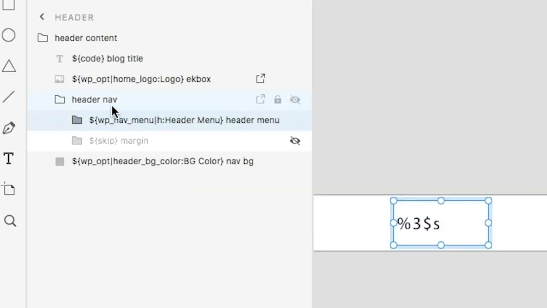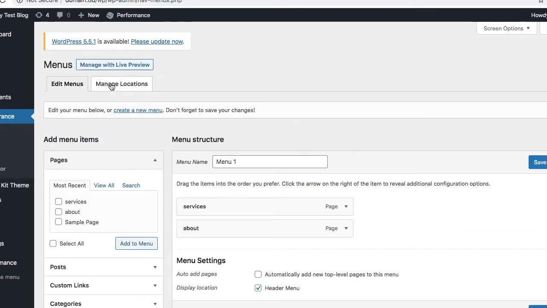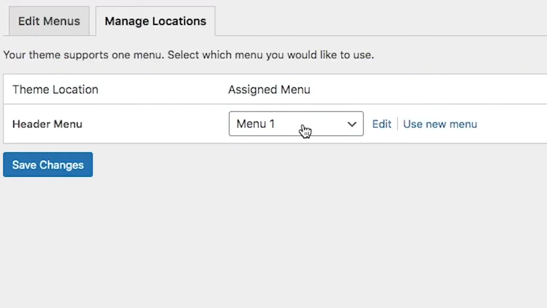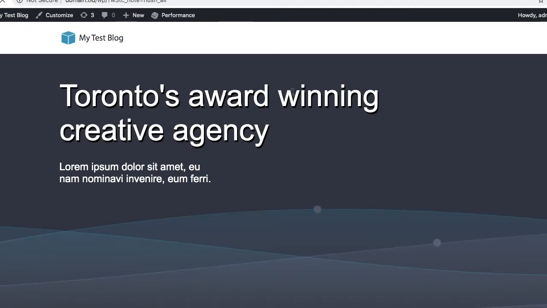Now, with our menu system, what we use is our WP Nav Menu Tag. And what we can apply is a direction, which can either be horizontal or vertical, and an ID, which here we have header menu. And what this will do is this will correspond with your actual WordPress menus. Let's take a look. And the location, you can easily see here, we can now manipulate the header menu location based on what we